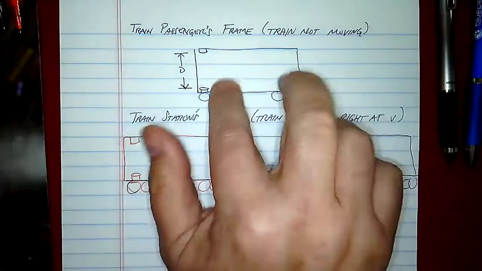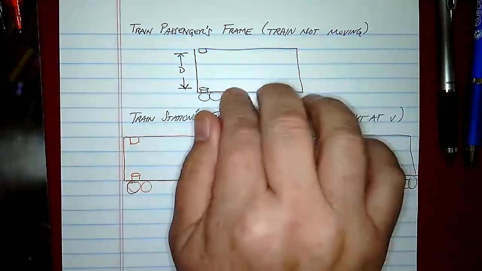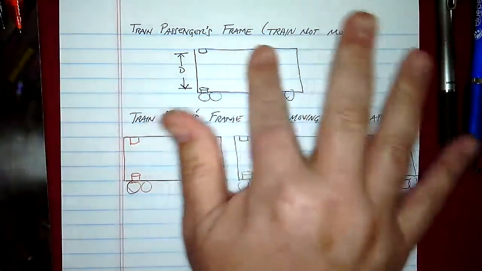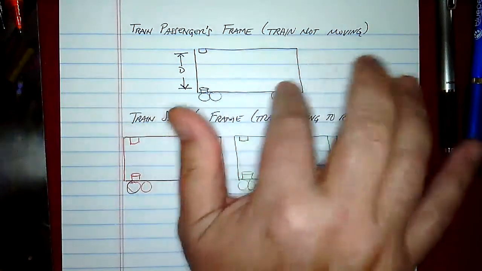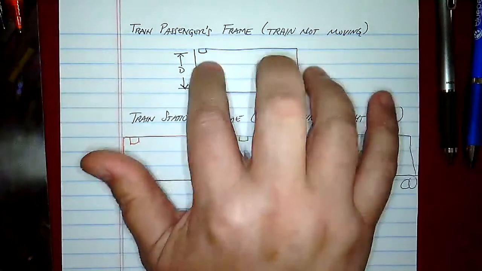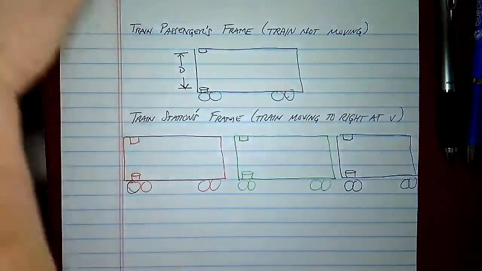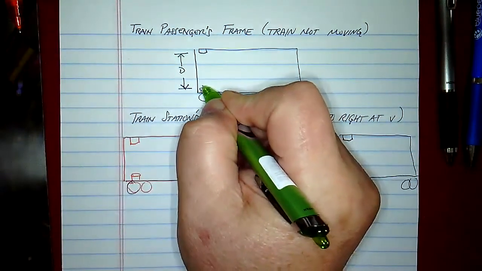So let me start by imagining a train car with such a light in it, and I've already got it drawn here. So this is actually a train car as seen by a person sitting in the train. They would say the train is just sitting there, or a person that's strapped to the side looking in. Maybe it's a glass-walled train. But the main thing is this frame is moving along with the train, if the train's moving at all. So in this frame, the train is not moving. But what we have is a clock, and that clock is going to be one that basically sends a photon of light